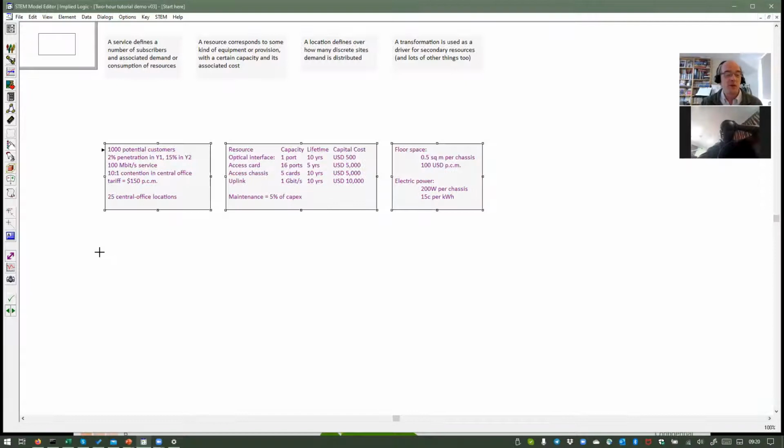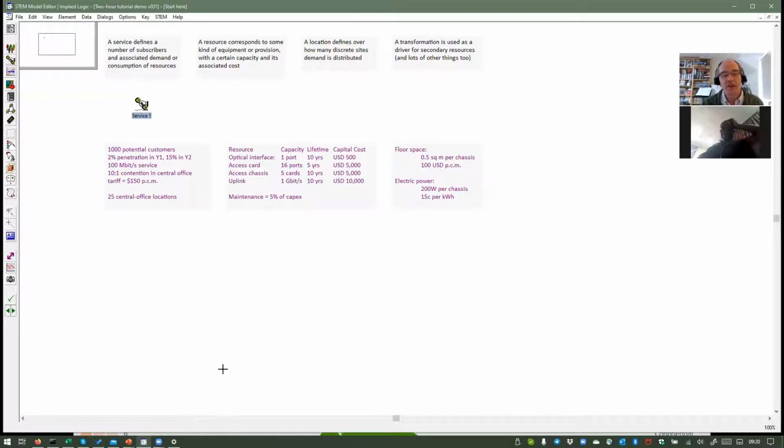You've had STEM on your computer for several years, so I'm going to assume you know some of the basics. I'm going to assume you know what this toolbar is for, and that you know how to create an element. So I'm going to create my first service, and I'm going to assume also that you're fairly familiar with the